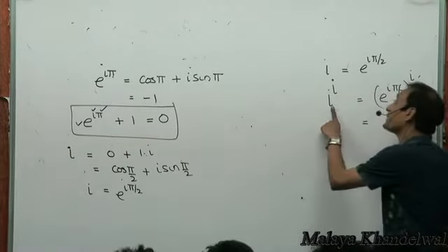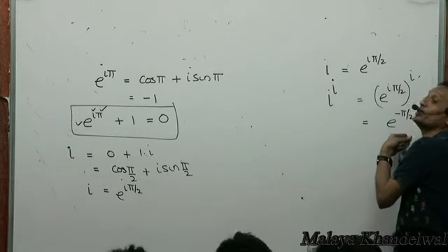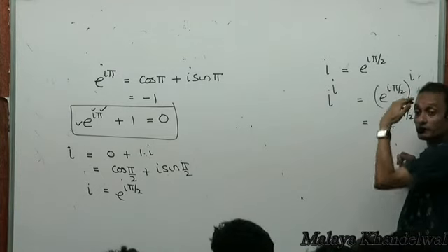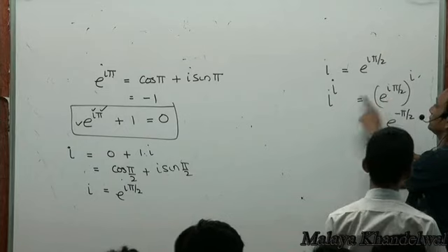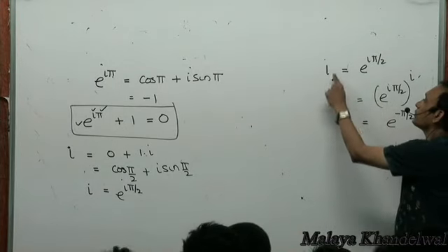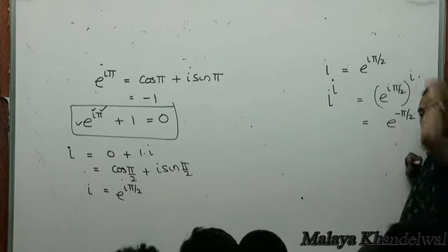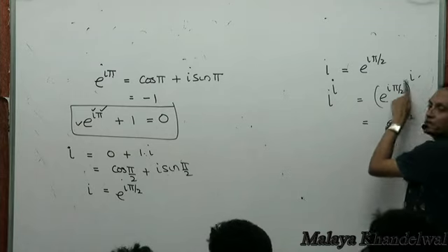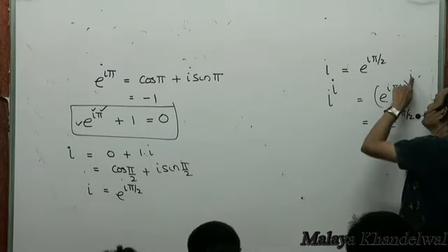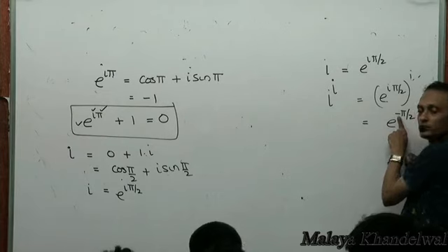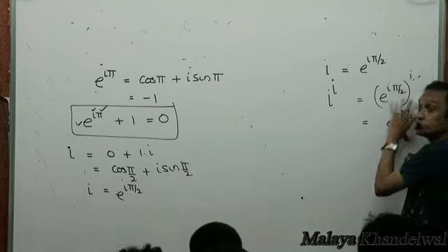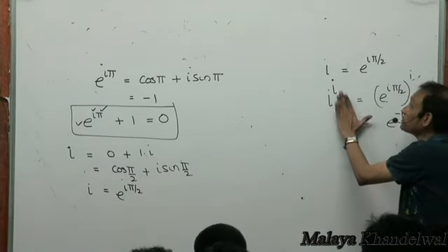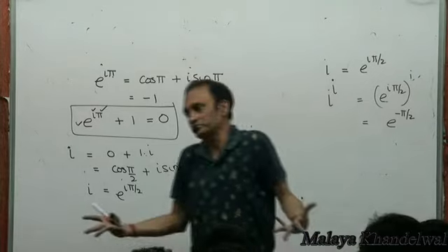So a complex number to the power complex number can actually be a real number. I is this. This to the power I is this to power I, right? A to the power m whole to the power n is a to power mn. So I into I square is -1. So e to power minus pi by 2 is a real number. So a complex number to power complex number could be a real number.